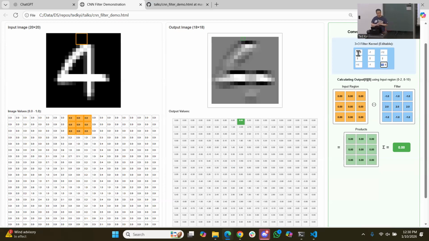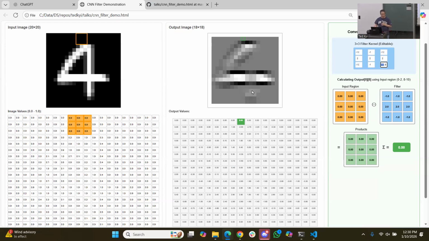And now I've got a horizontal line detector. The horizontal part of the 4 lights up very brightly. Again, we get some intermediate stuff on the diagonal. And now, not completely, but a lot of the vertical part of our input has been